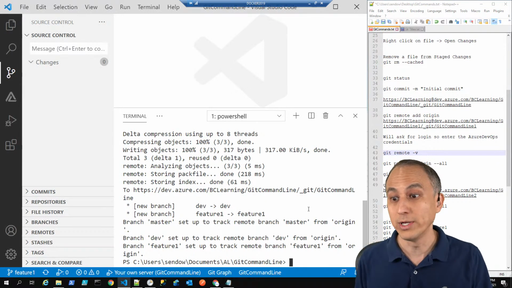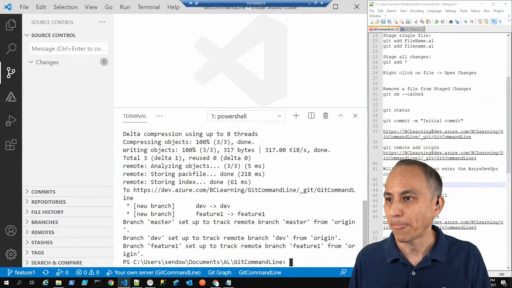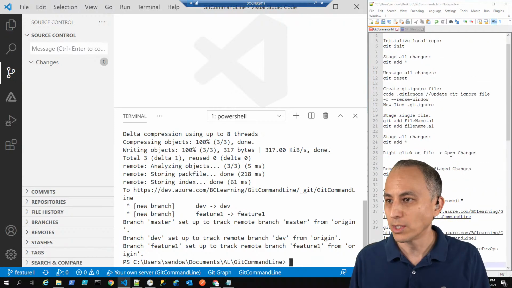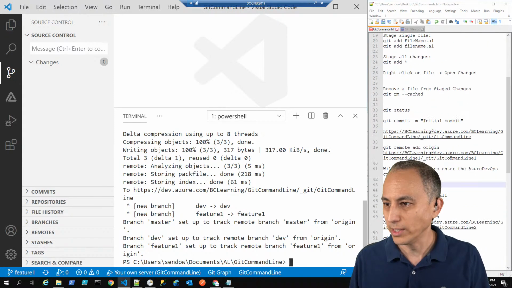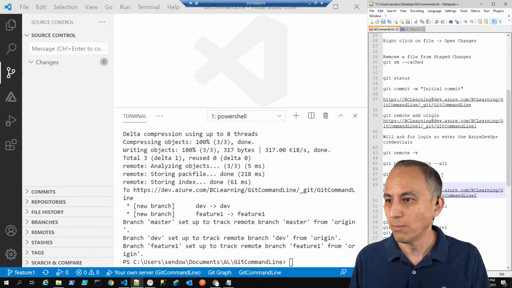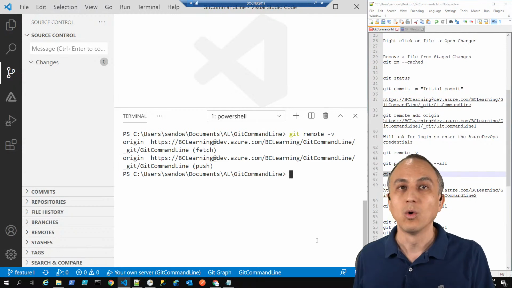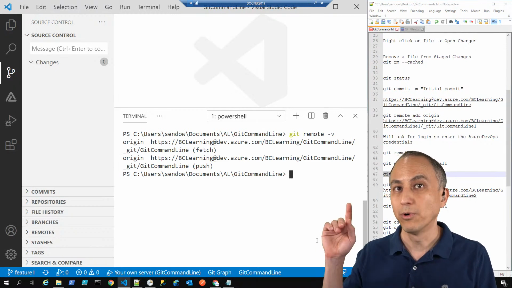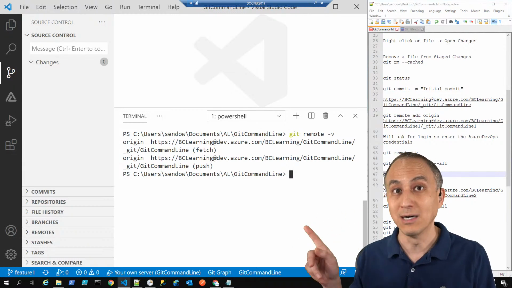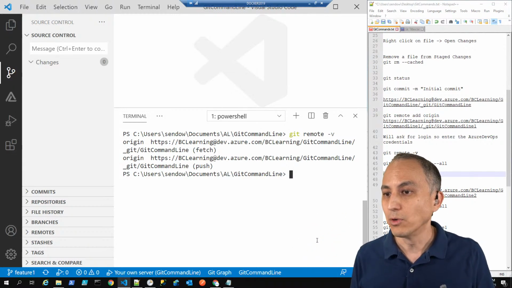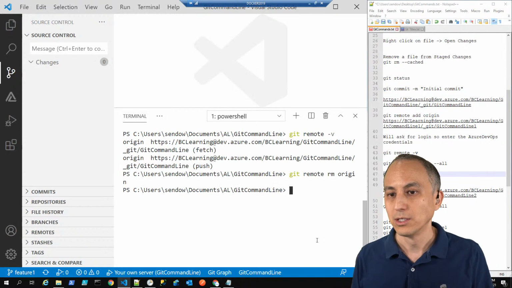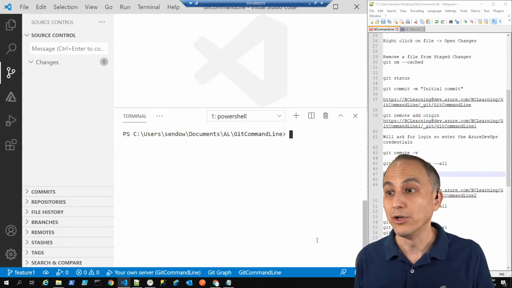Let's create a second repo. So how do we do that? Well, we want to remove our remote connection. And how did we do that? We used git remote rm origin. So let me clear this. Let's take a look at what our remote settings are at the moment. Git remote -v. So currently, this local repo is pointing to a remote repo called Git Command Line. Okay, and I'm going to remove that. So I'm going to say git remote rm origin. So now I'm disconnected from my Azure DevOps as a remote repository, and I'm going to create a new repository,